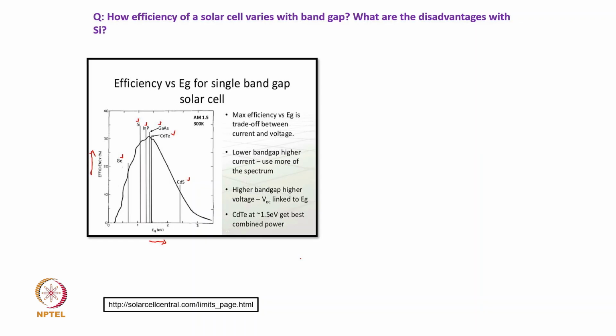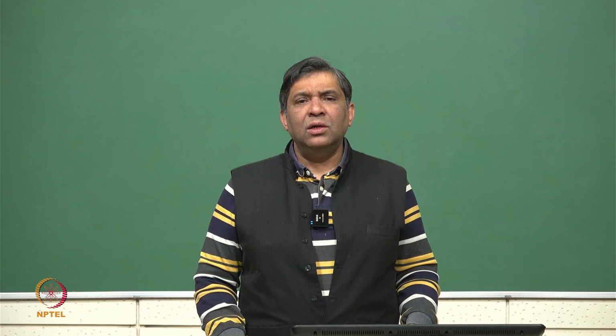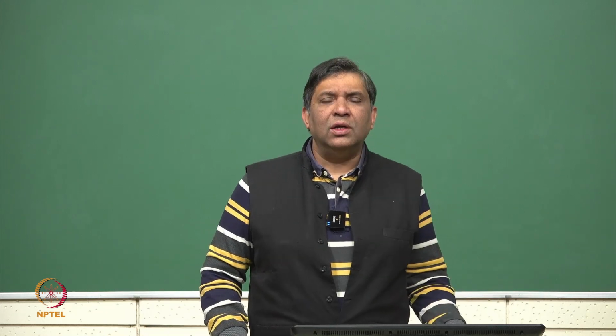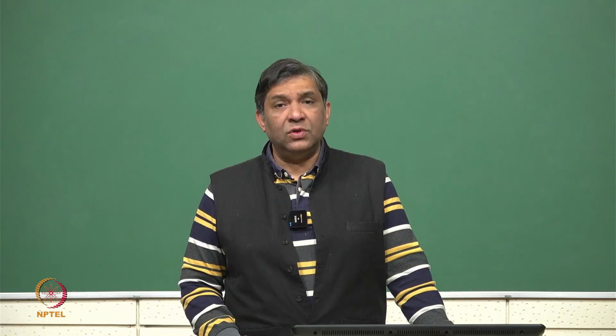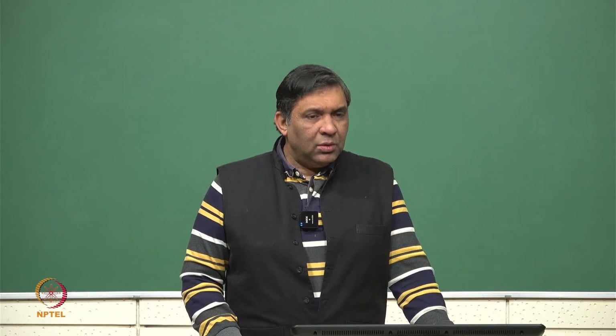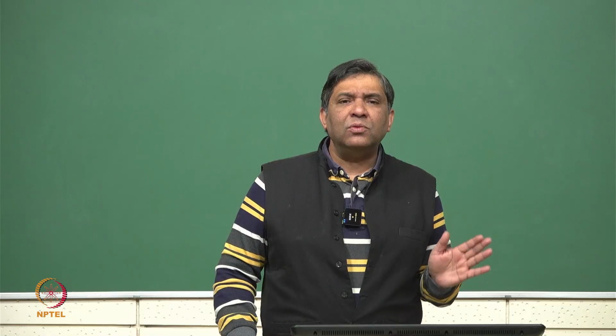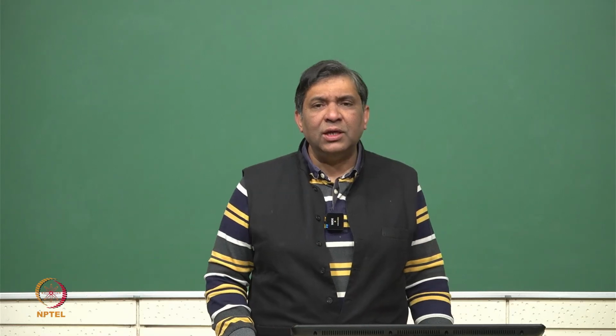Now, the question is how it is important to look at how efficiency varies with band gap. So, if we come from say germanium, silicon towards a higher band gap material or wide band gap semiconductor material, we also see that there is a change in the band gap, not only in magnitude, but also in the structure of the energy band. Like silicon is an indirect band gap material, whereas cadmium telluride is a direct band gap material. So, this is one important issue. But as far as efficiency variation with band gap is concerned, this is a typical variation.